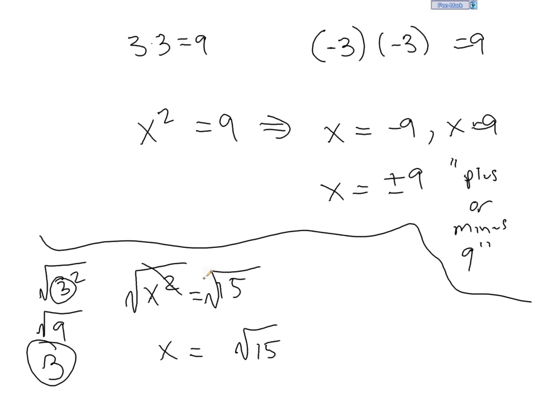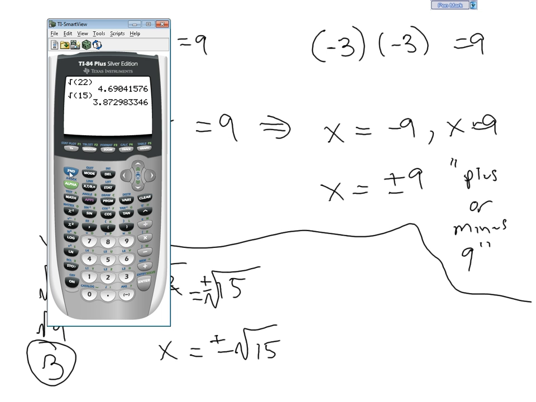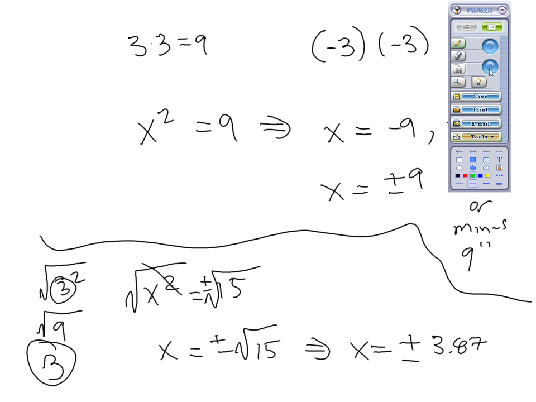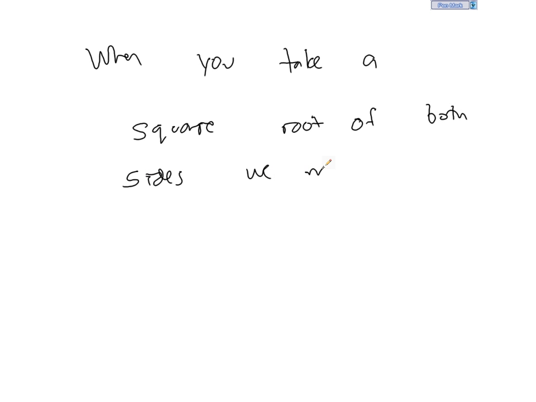However, keep in mind that it's going to be the positive or the negative version of it. Our calculator would not tell us that. So when we take the square root of 15, which we get 3.87, we actually want to say x can be positive 3.87 or x can be negative 3.87. So the point is, when you take a square root of both sides, we must add the plus or minus sign to indicate